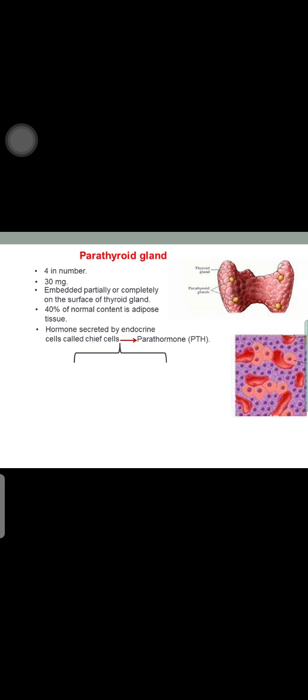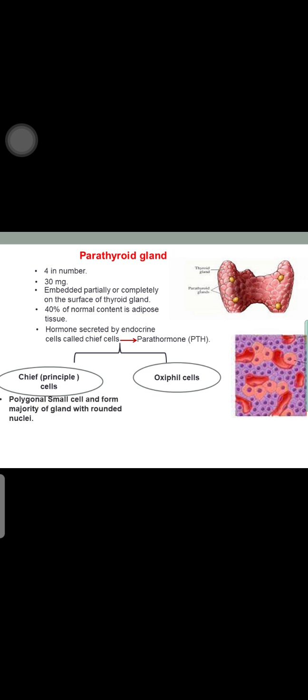What are the different shapes of cells present inside the parathyroid gland? The first type is the chief cell or principal cell, and the second is the oxyphil cell. The chief cells are small in size and polygonal in shape and form the majority of the gland, with rounded nuclei. The cytoplasm is clear with no granules, and they secrete the PTH hormone or parathormone, and sometimes have a